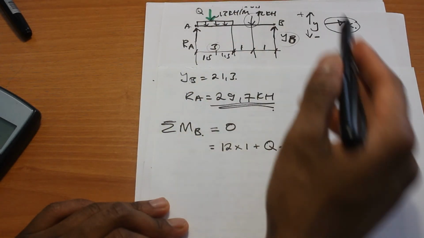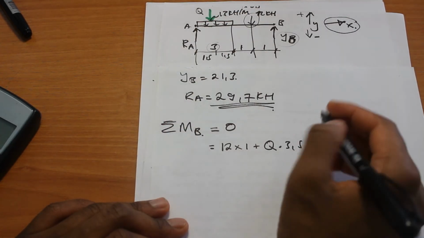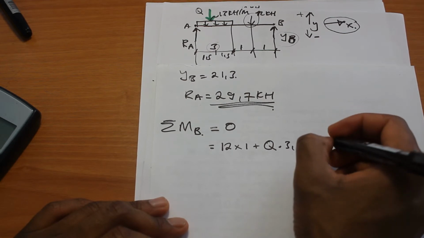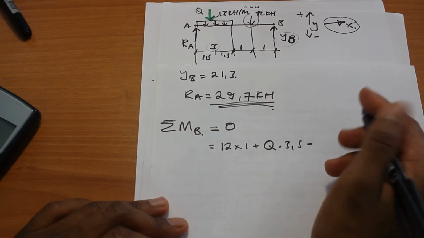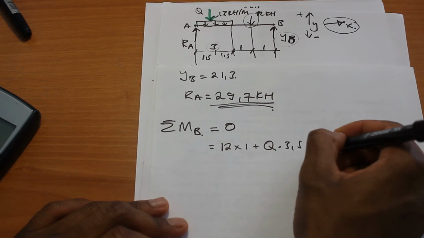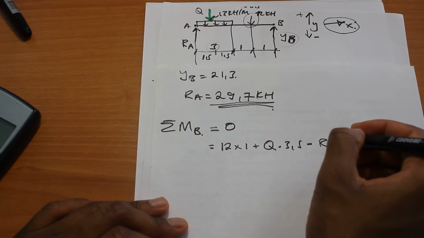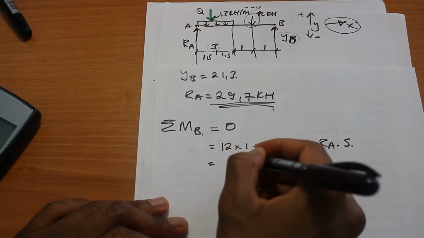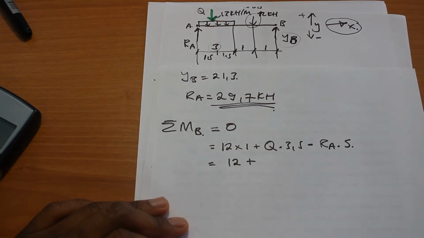RA is moving in the opposite direction, in the clockwise direction, so it has a negative value, so it will be minus RA times 5. This would be 12 plus Q, which is